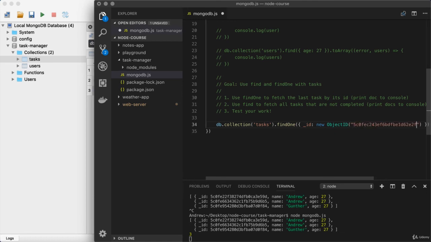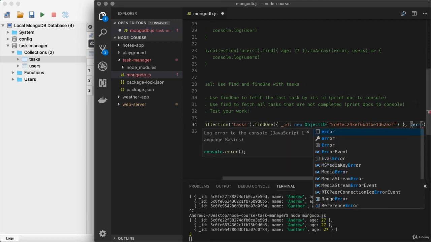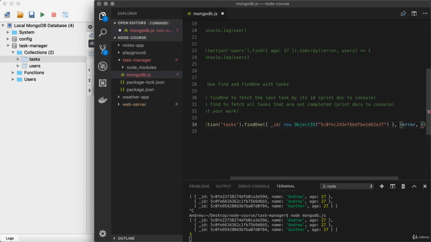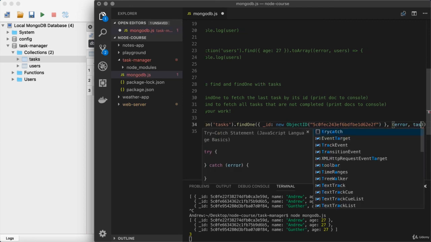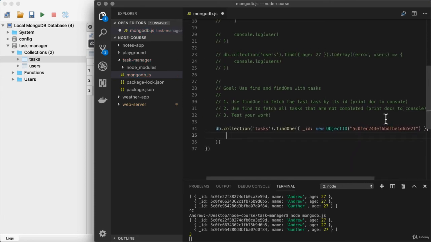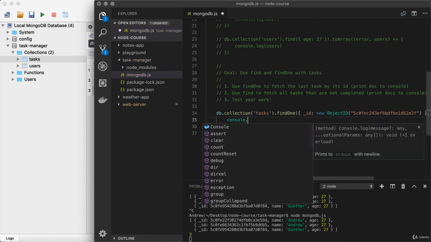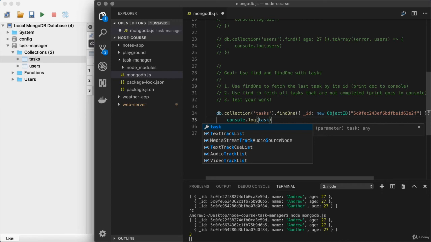Now from there, we provide that second argument, which is our callback function. We get a potential error, and we potentially get the document, which I'll call a task. Right here, we can go ahead and provide the arrow function body. And in here, all I'm going to do is dump task to the console. So console.log printing task.